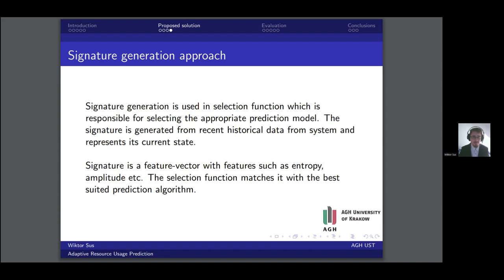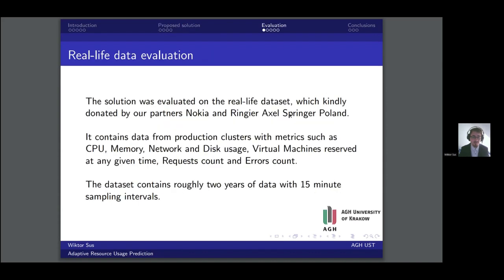The selection function then matches the signature to the best performing model. The idea is that since the system may be undergoing periodic changes, the changes themselves could be described with such signatures, and this could allow the system to use different models since they may be better suited to certain types of changes. The solution was evaluated on real-life cluster data, kindly donated by our partners at Nokia and Ringer